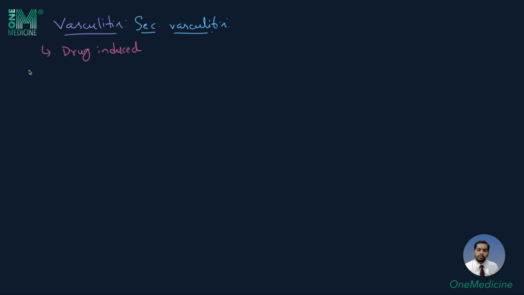Drug-induced vasculitis is an important cause of secondary vasculitis, and the following are the drugs that are implicated in this drug-induced vasculitis. Antibiotics, including penicillins,